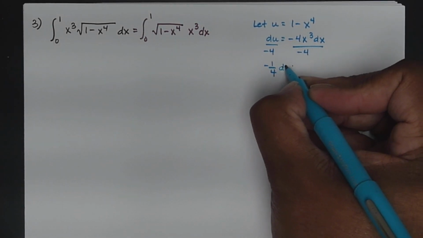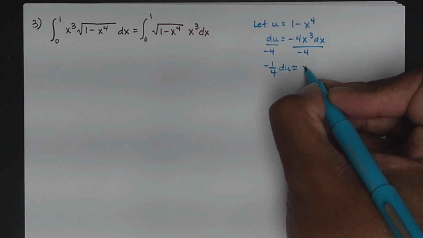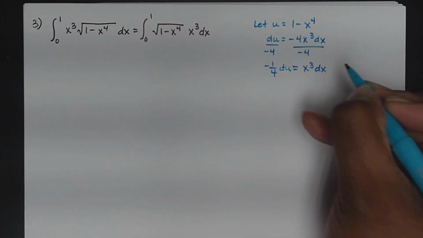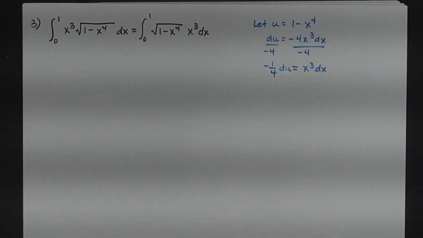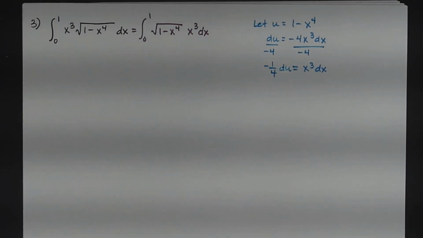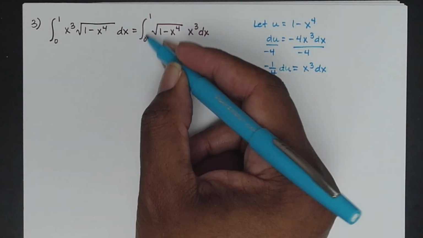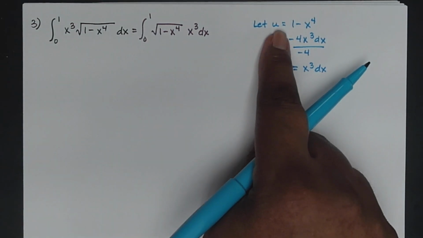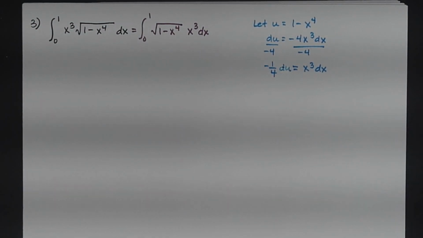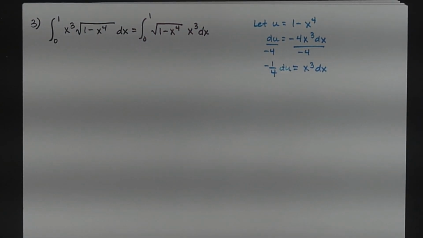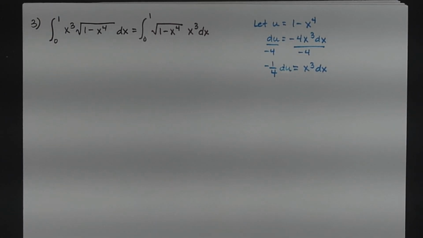Yep, negative 1/4 du is equal to x cubed dx. All right, now I'm also going to change my limits of integration from 0 to 1, and I'm going to have them in terms of u limits, because I know what u is by the way. So in this case,